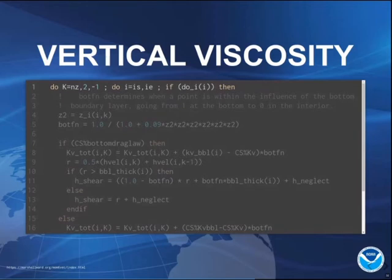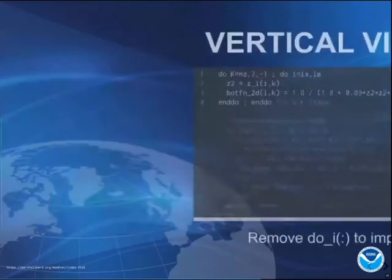This is a do-I loop. In fact, it's checking to see if we're over land or not. And it's making a very reasonable question of whether or not we should be doing this if we're over land, because there's no point. However, there is a point, because